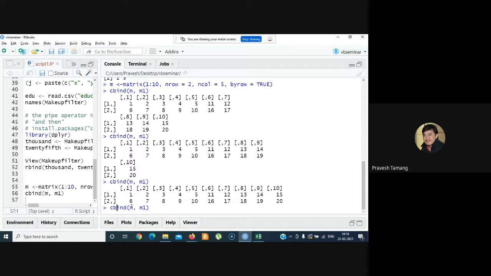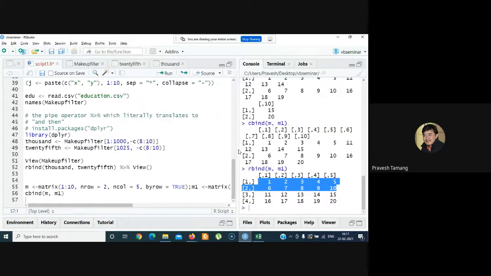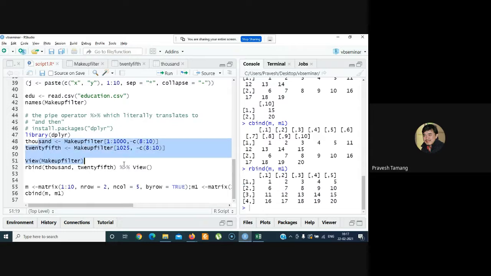I could also do a row binding over here, and I put it now. This is the second matrix, and this is the first matrix. Okay, so this is what I did in this example. If you are a bit unclear of what I had done over here,